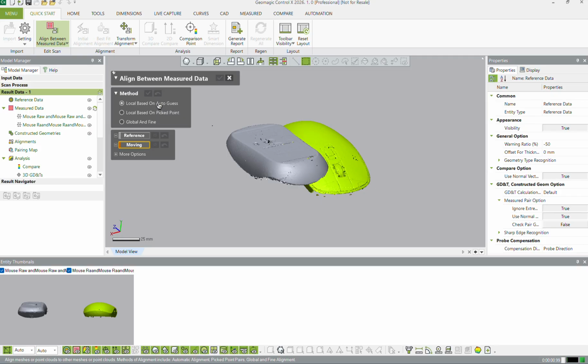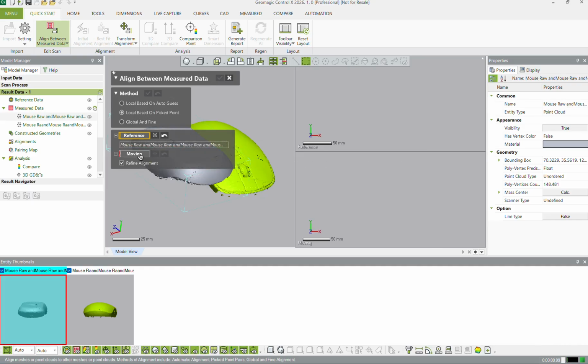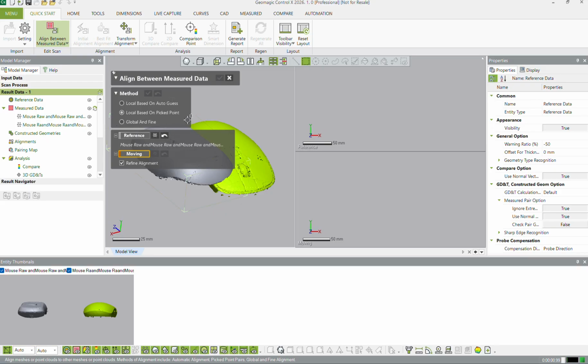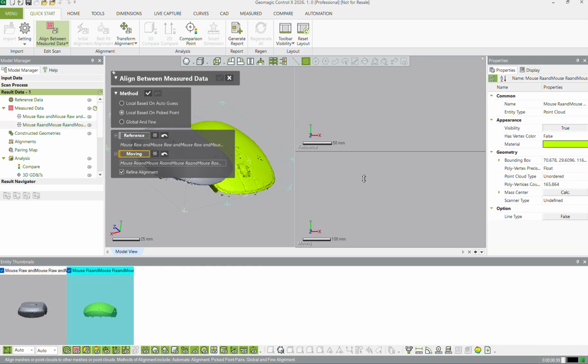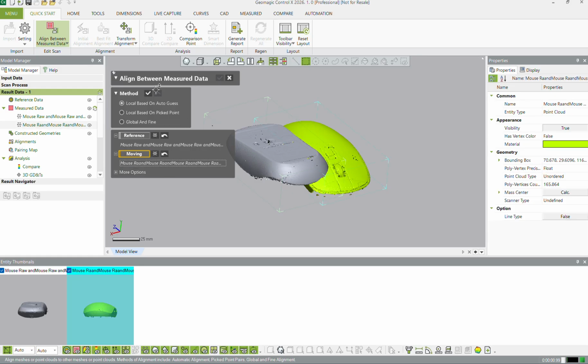We can either do it based on the auto guess, or we could do picked points. I will do picked points today. Auto guess is very similar. It just requires a little bit more time, and then you can. We don't see that there. Not a problem. Maybe let's do auto guess instead. There we go. Hit the check mark, and it will automatically align these 2 scan datas if we have overlapping